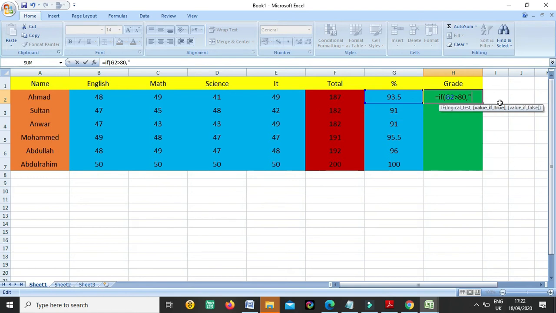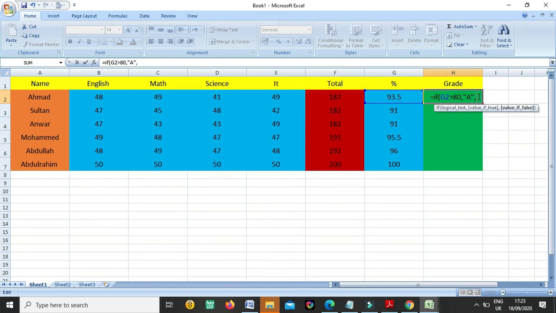Why? Because whatever we write in inverted commas, it comes as it is. Whatever you are writing, the same will come. So you write in inverted commas. So I am saying if somebody has greater than 80%, then he will be A grade.